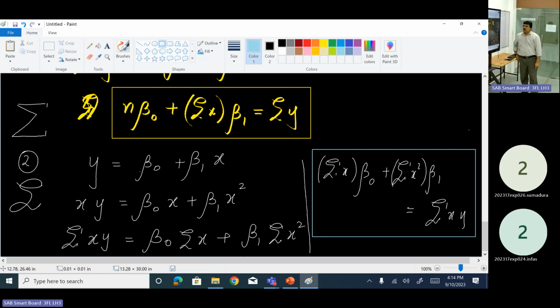Okay. So now we have to get this beta naught and beta 1, we have to solve this system of simultaneous equations. So we don't do it manually. We can use the calculator and get the answer at once. Okay. Do you know how to get that? Can you use the